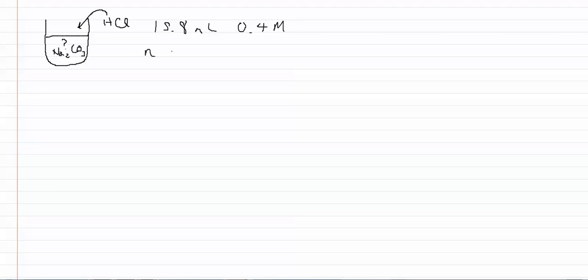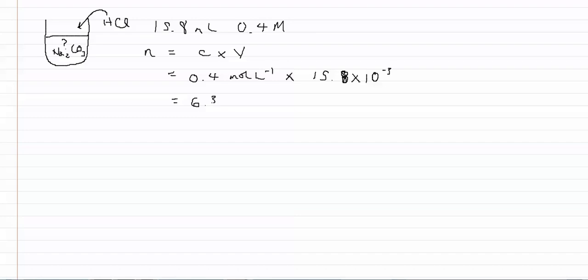And we can use our relationship that the amount in moles represented by n is equal to the concentration times volume. So our concentration is 0.4 moles per litre. And our volume is 15.8 mils. As is usually the case in these kind of calculations, we're working in litres, not mils. So we can convert this to litres by multiplying by 10 to the minus 3. It's a bit skew-if, but I think you can see what I mean. So that's our calculation, and when we work this through,